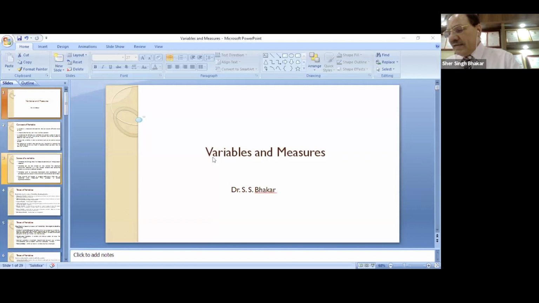Right, so z squared s squared by e squared is the formula that's used for an infinite population. For a finite population, the same sample size is adjusted. There is a very small correction that is applied to this, and the sample size will not be too much different. It will only be curtailed slightly.